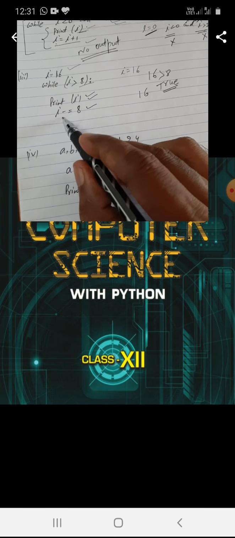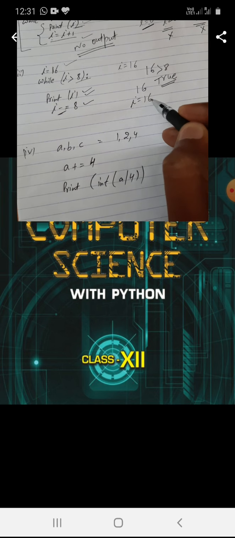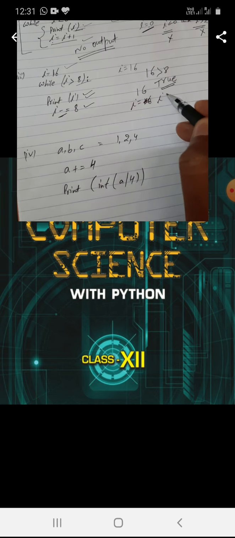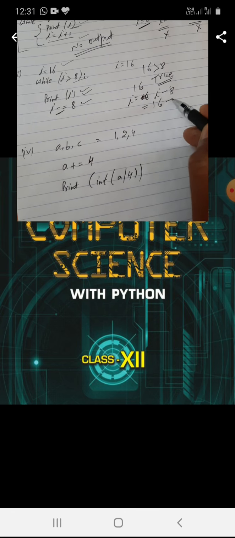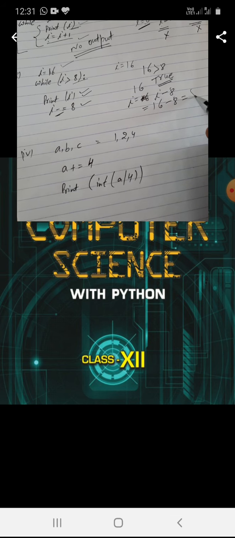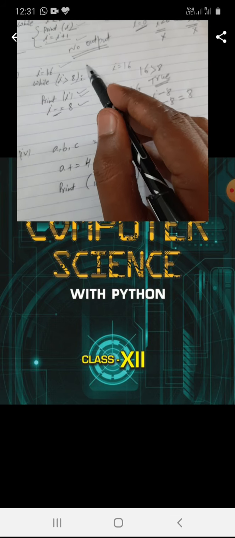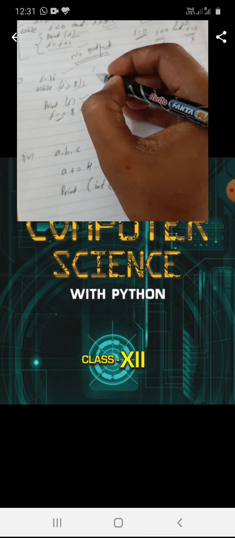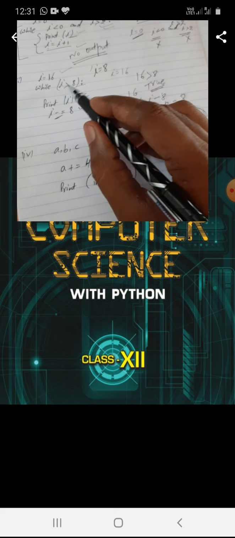Again the decrement operator is applied. It means i = i - 8, so initially the value of i is 16 minus 8, which is equal to 8. Again it will check the loop. Now the value of i becomes 8. Is i greater than 8?